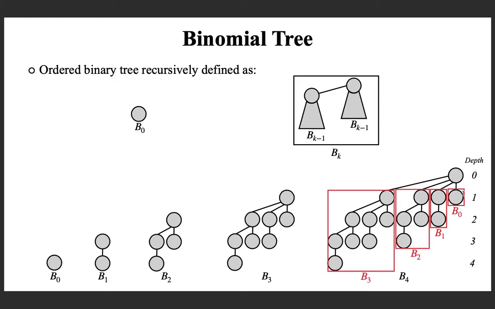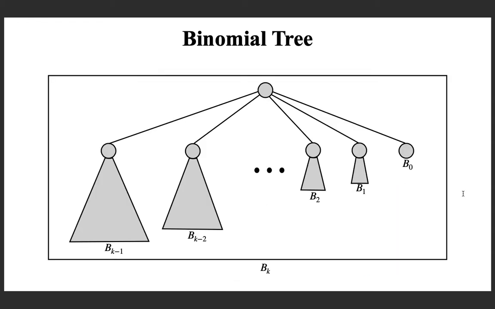Later in this lecture itself, we can formalize those properties. So this is what we saw. If you look at a binomial tree Bk, it looks like this. The leftmost child is Bk minus 1, then the next is Bk minus 2, likewise it goes to B0. So there are in total k binomial trees as children of the root node of Bk.